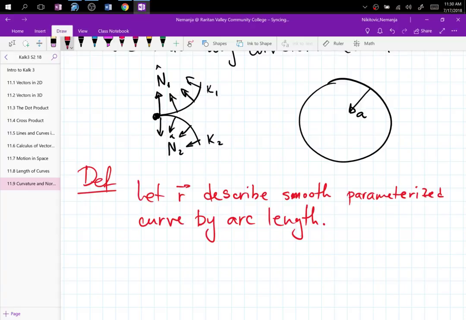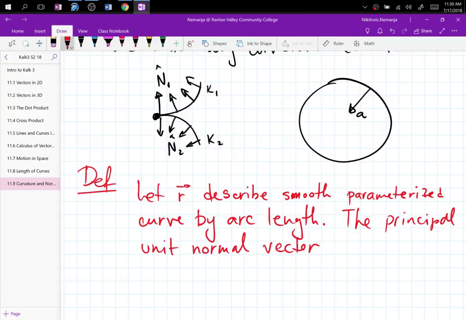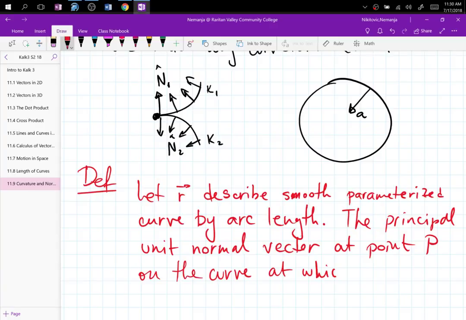The principal unit normal vector at point P on the curve, at which curvature is not 0, is given by the formula